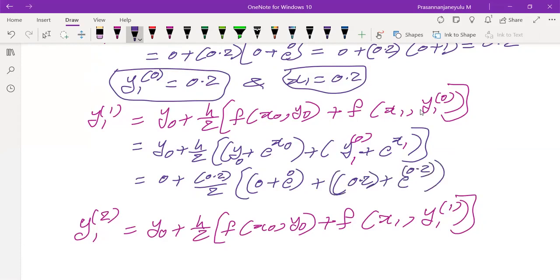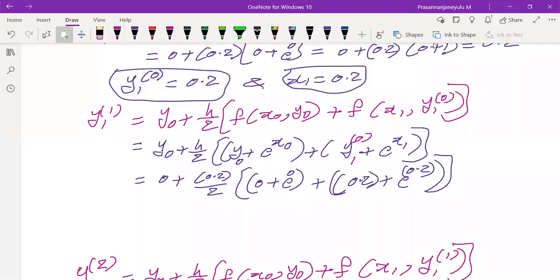Now we need to find this value, so use the calculator and find out the value. Writing some more simplification here: 0 plus anything is 0 only, so I am not considering that. 0.2 by 2 is 0.1 into